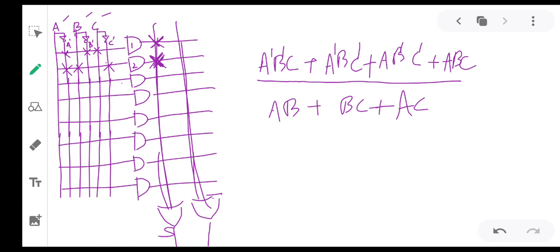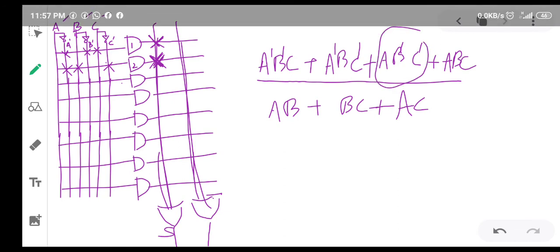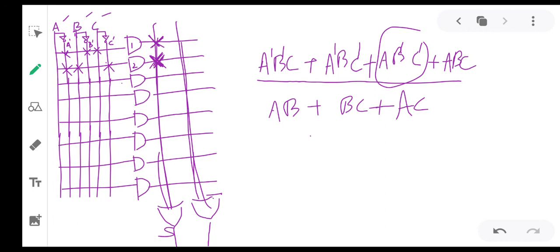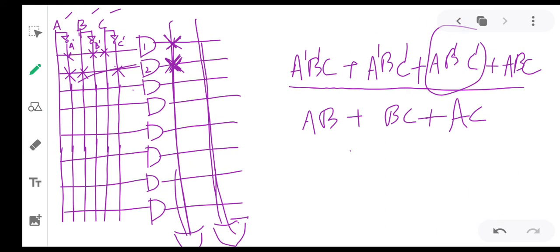Then what is the third product term? A, B bar, C bar. So A, B bar, then C bar. So that product term is also required. Then what is the next product term? A, B and C. So that product term is also required.